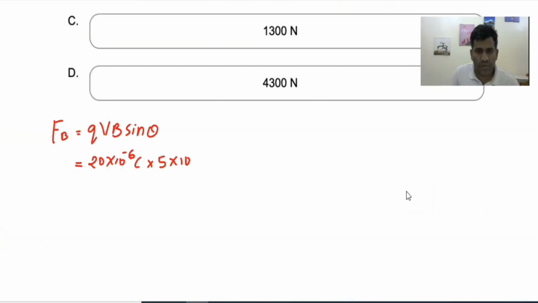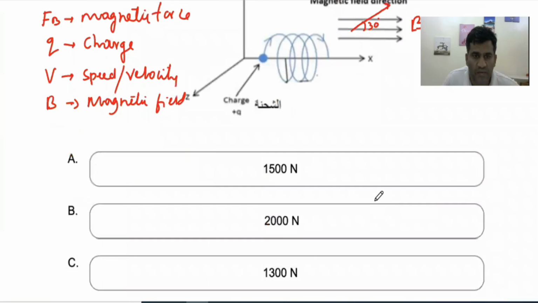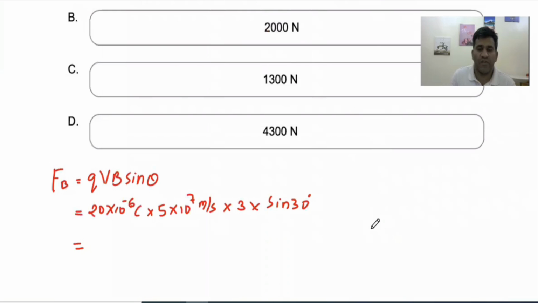5 into 10 to the power 7 meter per second. And what is the value of B, that is the magnetic field? It's going to be 3. And sine of angle 30. If you insert these values as it is in your calculator, you'll be getting the answer to the sine of angle 30, right? Yes. If you insert this value as it is in the calculator, you'll be getting that as